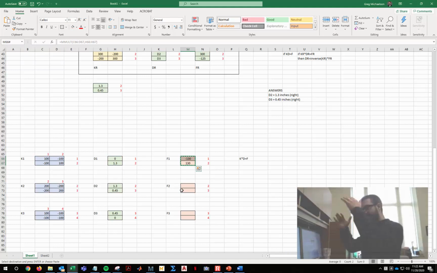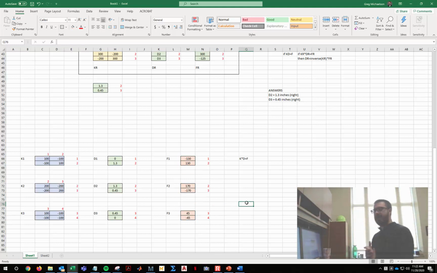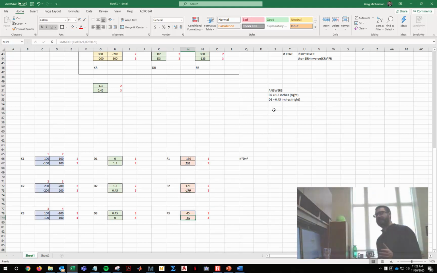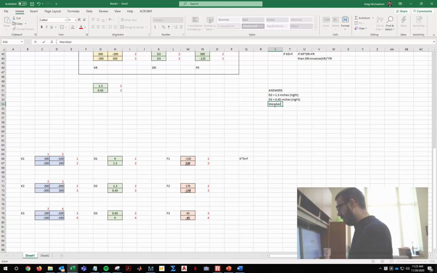And because I've got this set up in sort of an organized fashion, I can just copy and paste that, and there's my three member forces. And if you recall in class, what you can do is sort of a shortcut. You can look at the second number, right? So I can look at this number here. I can look at this number, and I can look at this number, and I can write down my answers pretty easily. I know that F1 is 130 kips in tension, and I know the other two members are in compression. So we'll say member 1,